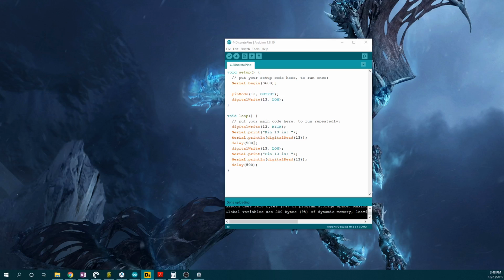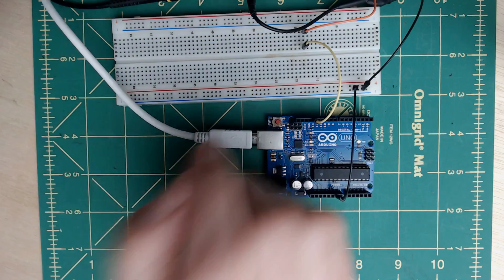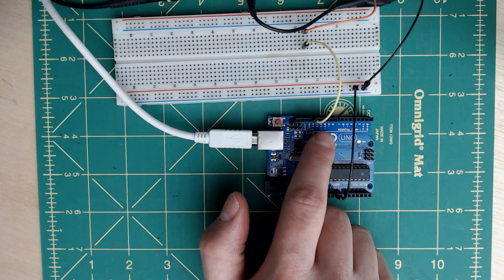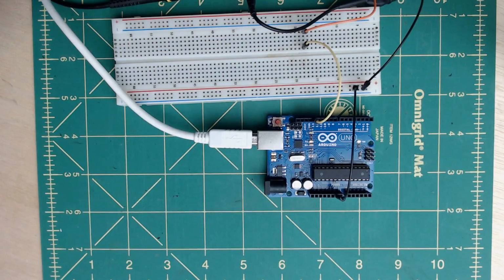We'll go over pulse width modulation a little later on. Some of the pins here have the tildes next to them. Those are the PWM pins, and we will go over those later. Next, we are going to go over